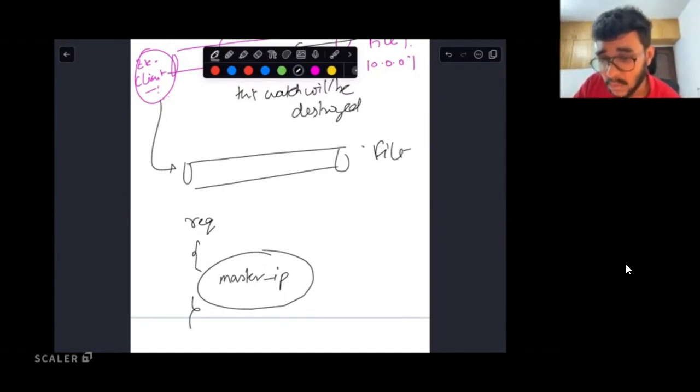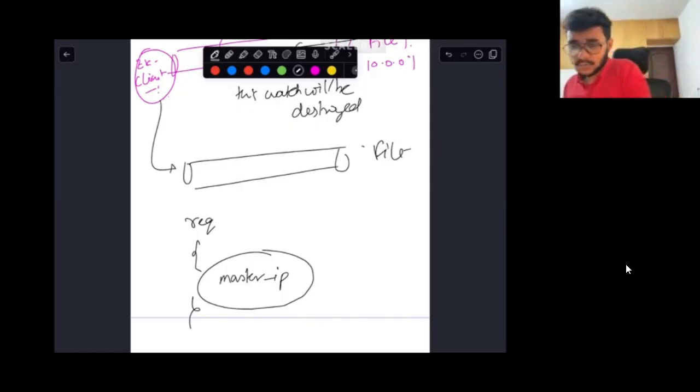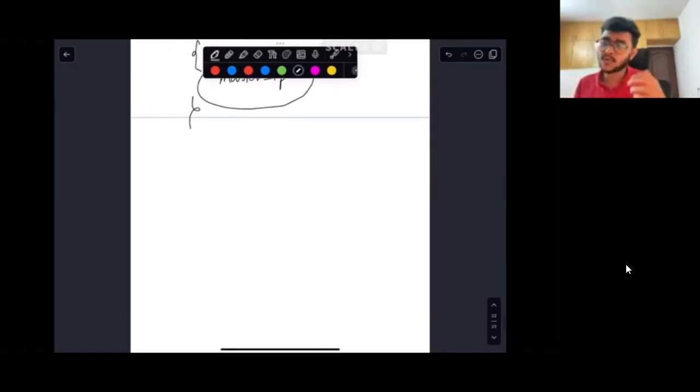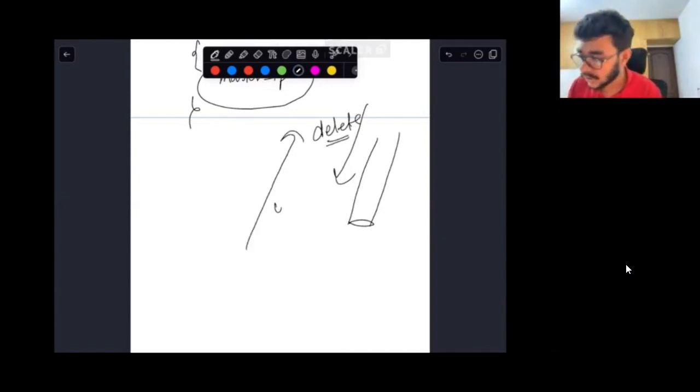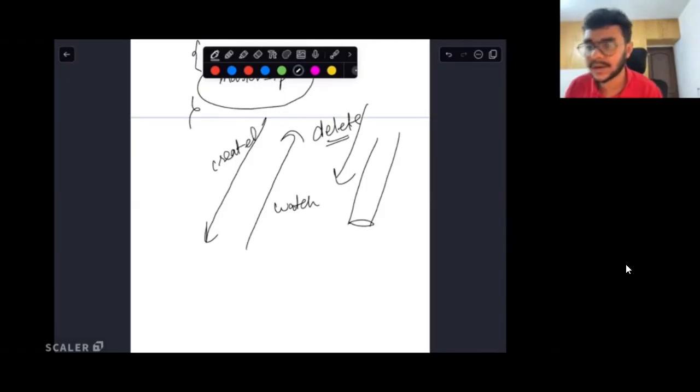Will the master file be deleted only when the master goes down? So the file will be deleted if, let's say, there is no heartbeat being received by the Zookeeper node, and since it is ephemeral, it will get deleted. Actually, when the new master IP is created, slave 2 gets notified. So when the new master IP file is created, slave 2 will get notified, because slave 2 will have to create a watch again. Once slave 2 received the delete event, that the master IP file is now gone, it would have again created a watch, and then when the new file was created, slave 2 would have received an event that, hey, the file has been created. So it's a 3-step process.